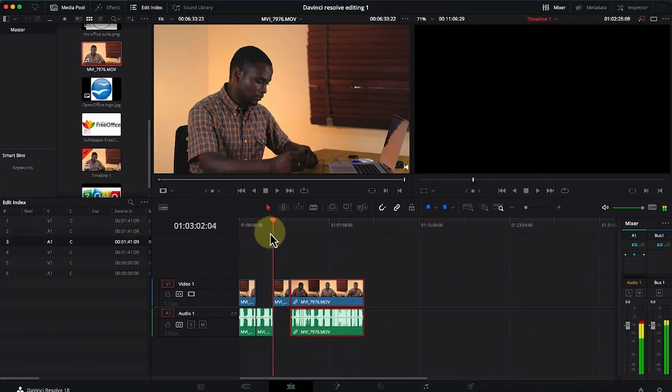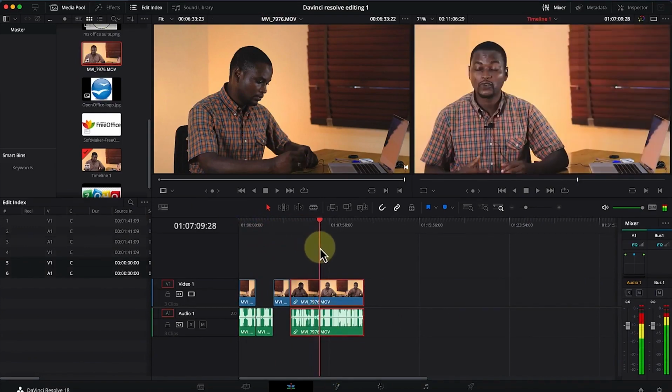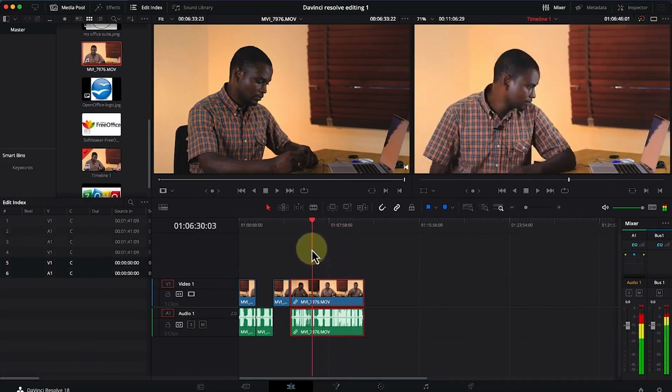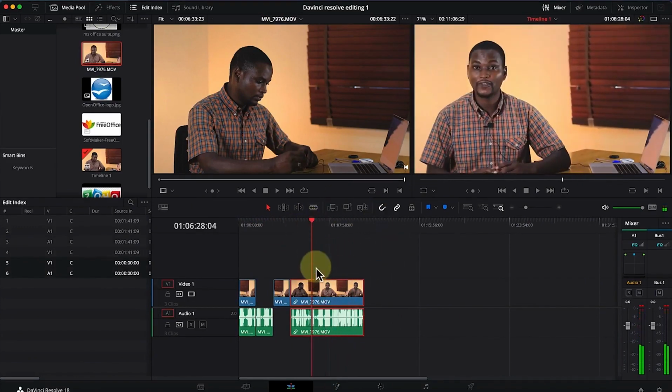So over here I can just navigate around and identify my in point and my out point, and use the other editing features and edit it accordingly. One more thing I would like to highlight is, you can select a given selection. Once you finish selecting the portion of the clip that you want to import,